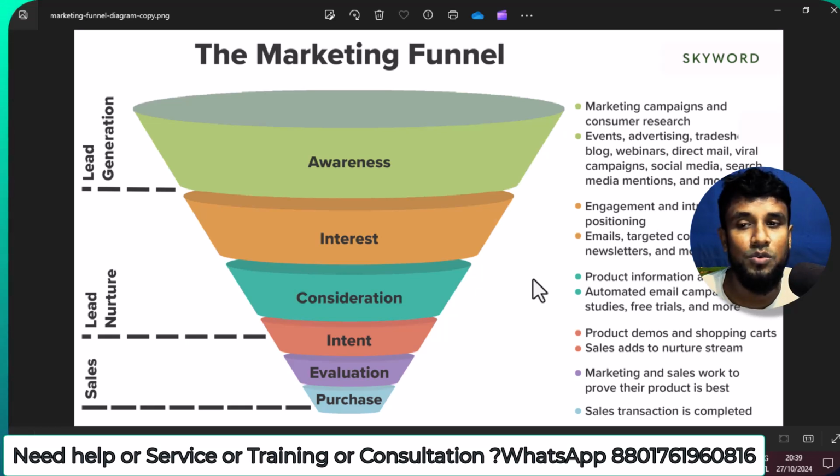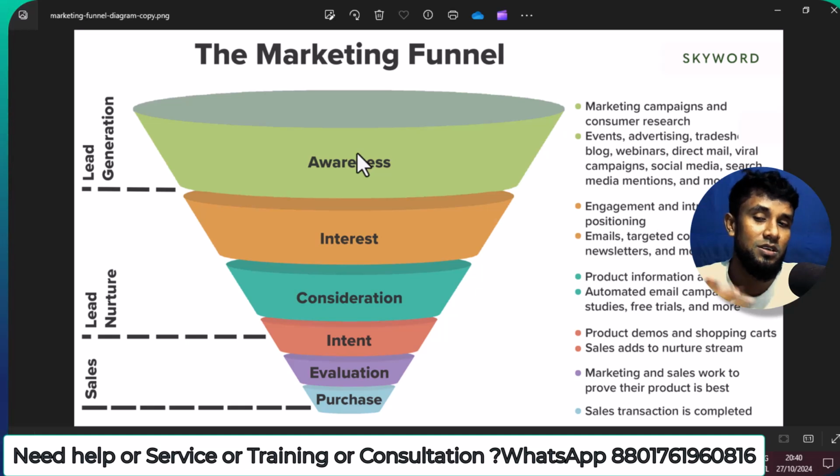So let's go to the discussion. What is the marketing funnel? So here you can see awareness. Awareness stage is broad. Then comparatively the interest stage is narrow. Then also narrow is consideration, intent, evaluation and purchase. So understand,